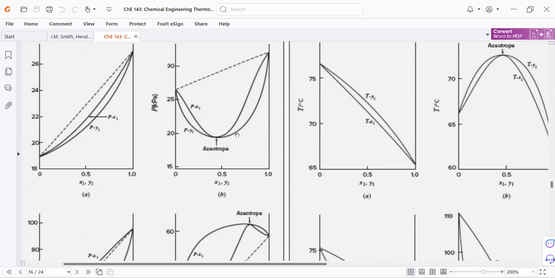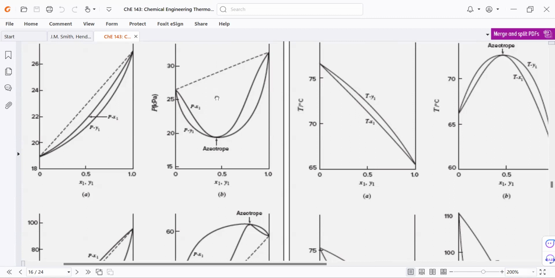This is what we call an azeotrope. If we boil liquid from the region above to the region below, because in a Px diagram the liquid is on top,